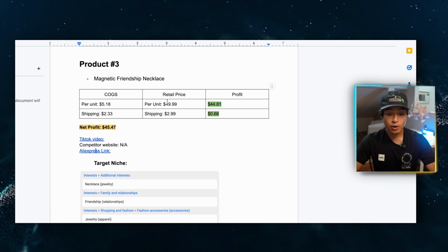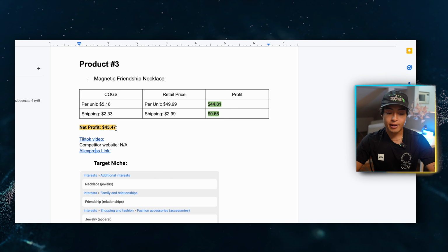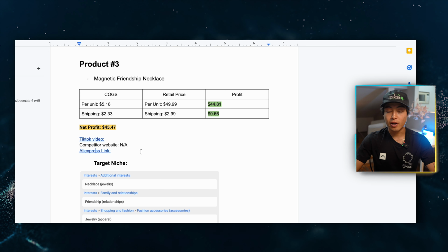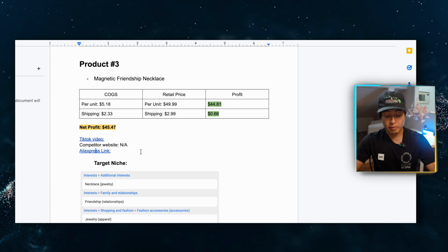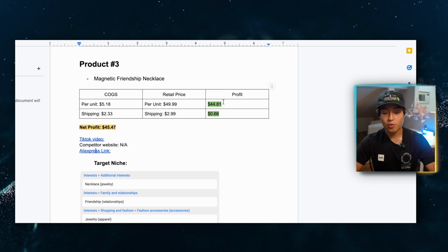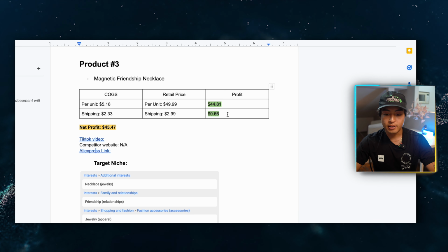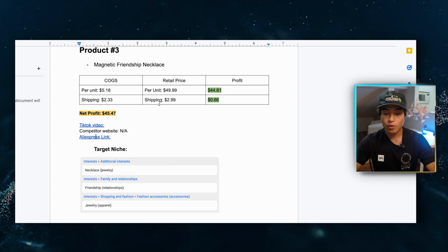I would charge $49.99 because jewelry for the most part has a higher perceived value, and this is factoring in if you're gonna run ads. So if you're not going to run ads, you can maybe go at $29 to $34.99, and you profit $44.81 per unit at this price, and then you profit 66 cents on the shipping, and an overall net profit of